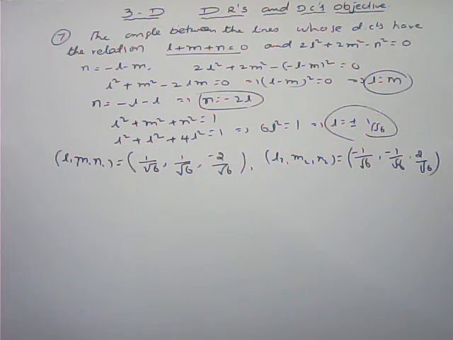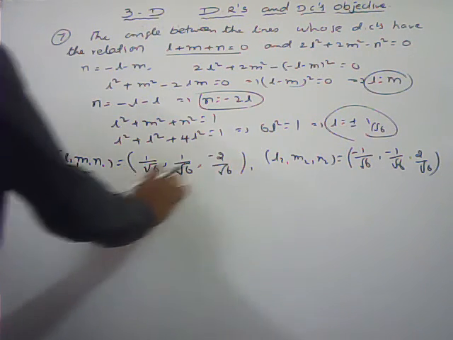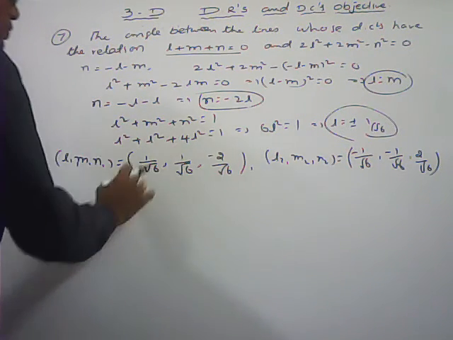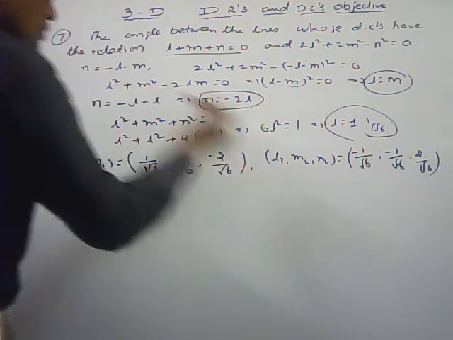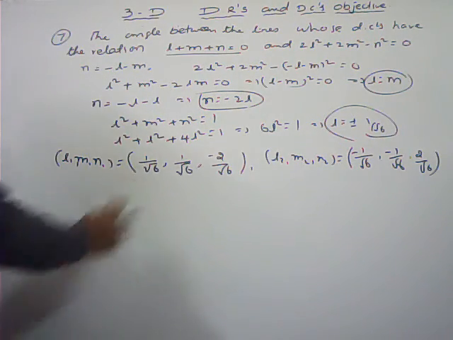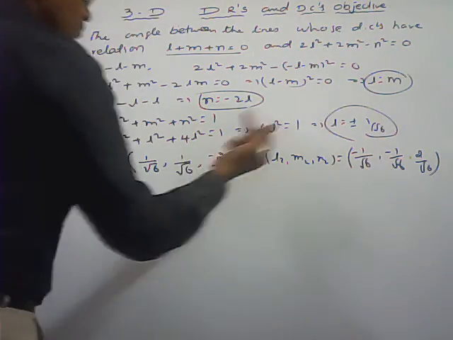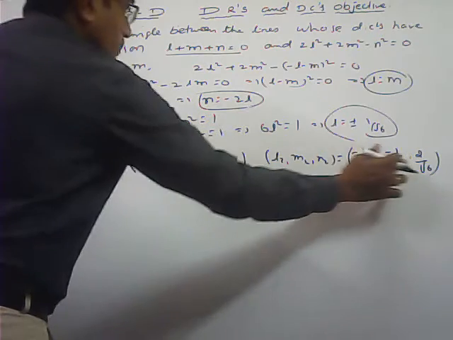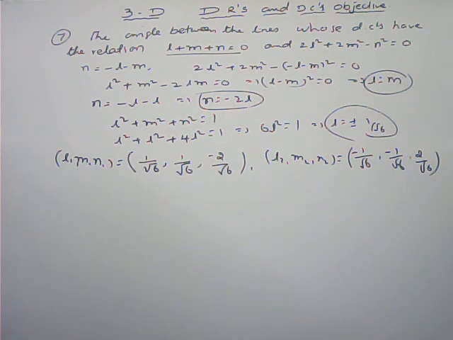And if you observe this one also, those are parallel, the DRs are in the same ratio. This one by this one we are getting minus 1, this one by this one minus 1, this one by this one also minus 1. Both the lines have the same DRs, so the angle between them is equal to,